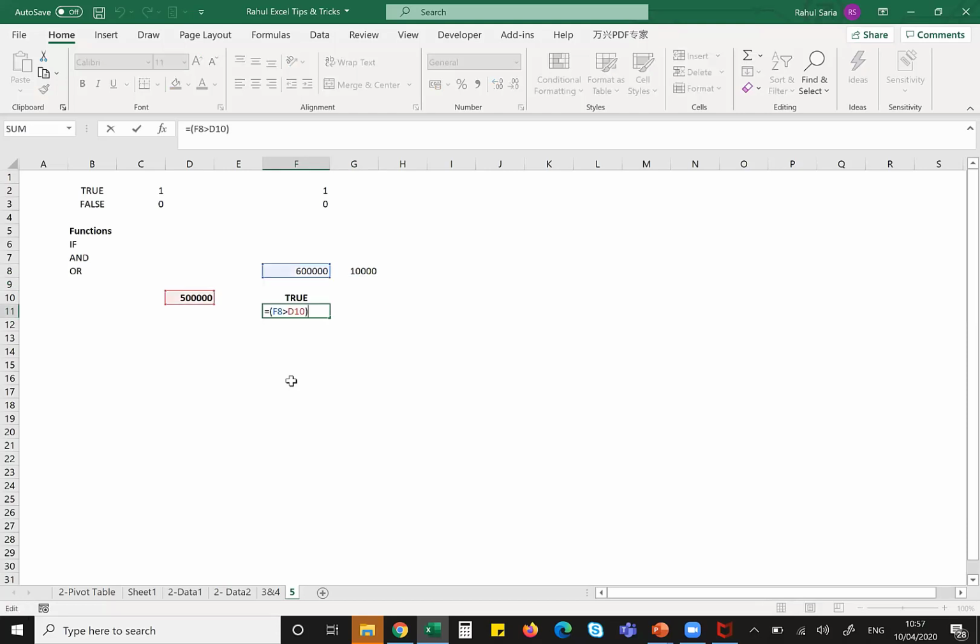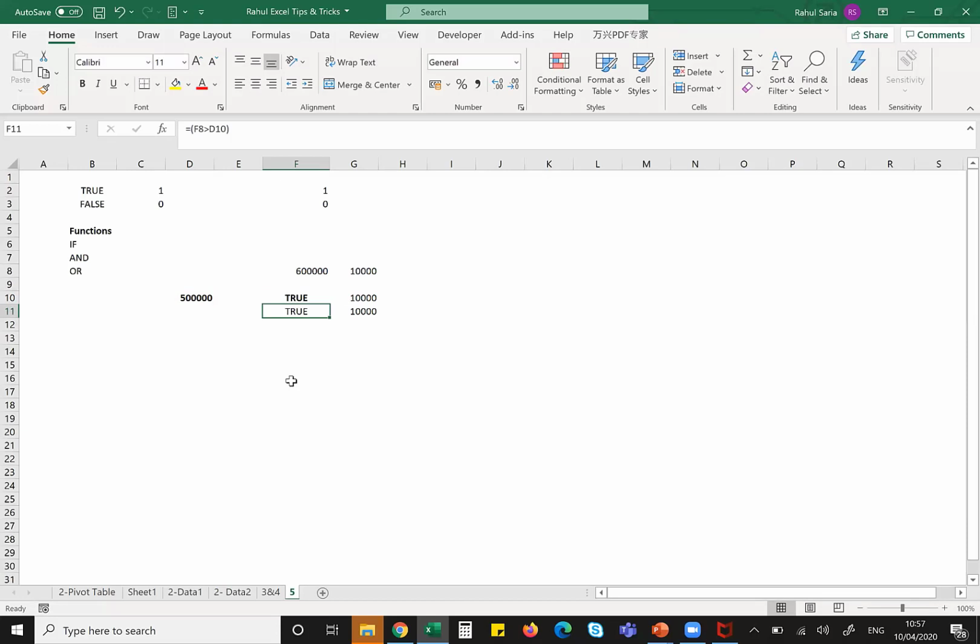So I did a check whether it is true. Yes, it is true. Then I'll simply multiply this with 10,000. So I need not use this IF formula at all. If I use an IF, I still get the same value, and I multiply this TRUE into this. Of course I can do that, but instead of writing such a long formula, I can always use this.